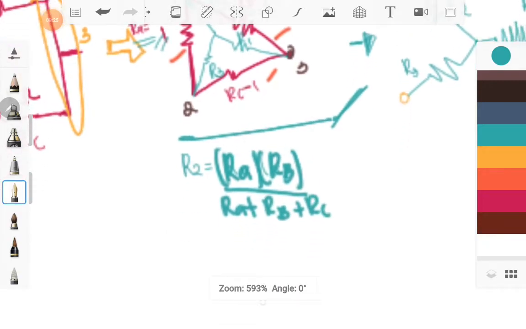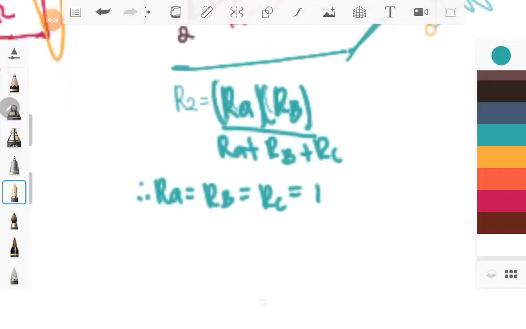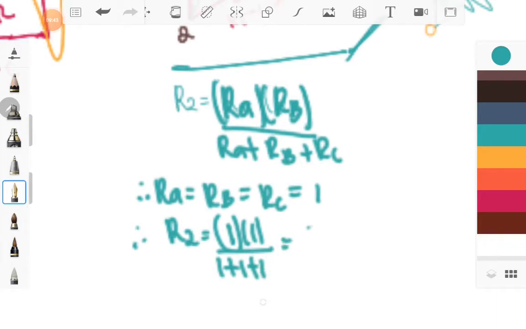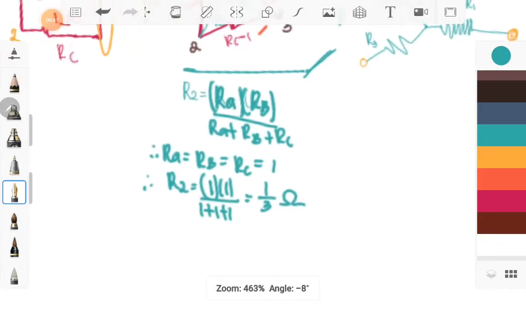But take note that our RA is equal to RB, which is also equal to your RC in this example, which is equal to 1 ohm. Therefore, our R2 is equal to 1 multiplied by 1 divided by 1 plus 1 plus 1. It is equal to 1/3 ohm. That is our R2. So, solving for our R3, we have